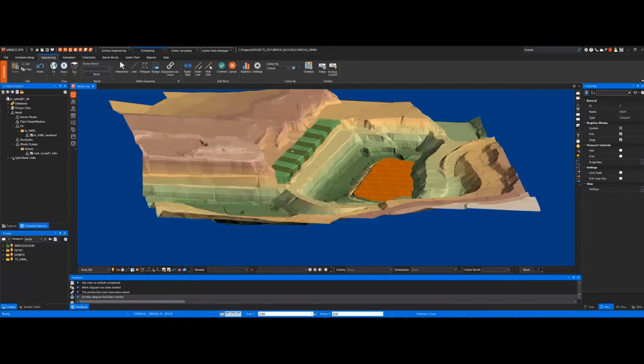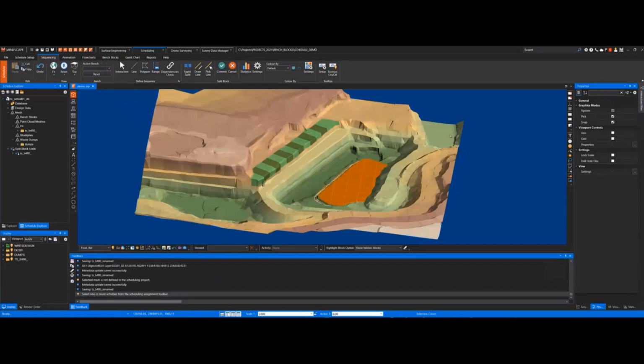You can set up your sequence however you want to do it, by interactive, line, polygon, range. You can set dependencies. This can be done until a block above me or to the left of me or whatever is completed. Before you can set a sequence, I have to make sure that I have my activity set and I have a sequence set. So I'll make sure I have a sequence, it's highlighted, it's ready to go. My activities, again, I have to make sure what do I want to schedule. And so I'm just going to schedule drill grade, truck shovel, waste drilling, waste blasting. So I have 4 activities set. Sequence is ready to go.